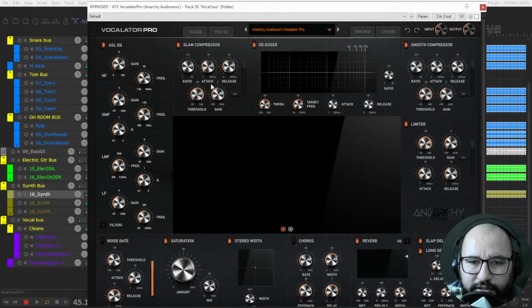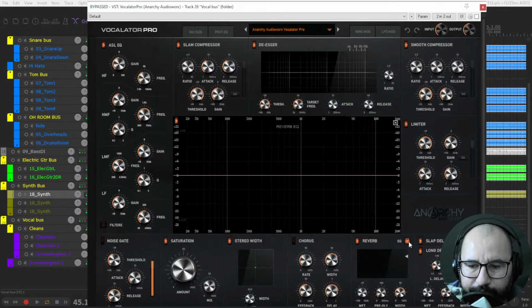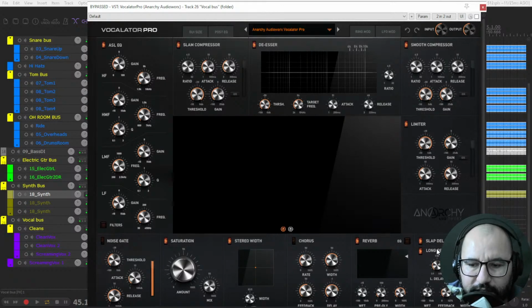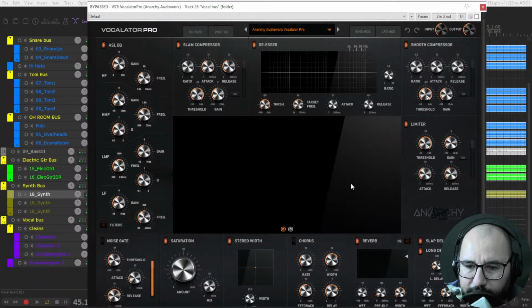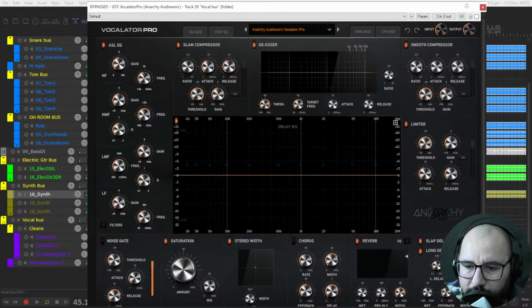First a slam compressor, which is more aggressive, then a smooth compressor, then you have de-essing, you have limiting here, also you have noise gate, you have saturation, stereo width, chorus, you have reverb, you have EQ on the reverb as well, and you have a slap delay and long delay, and you can edit or tweak further the delays here in the center of the plugin, and also you can equalize the delays here